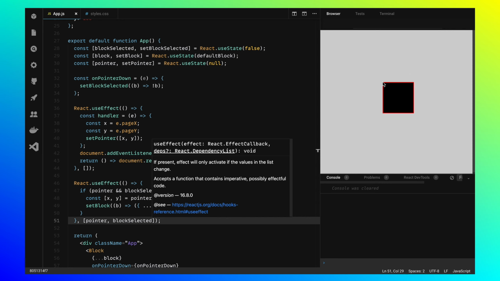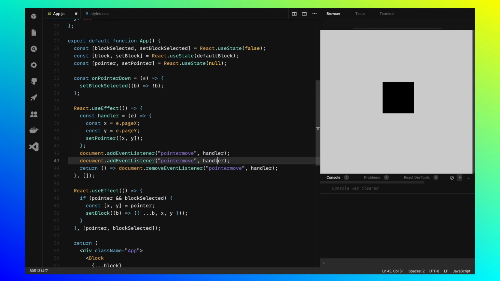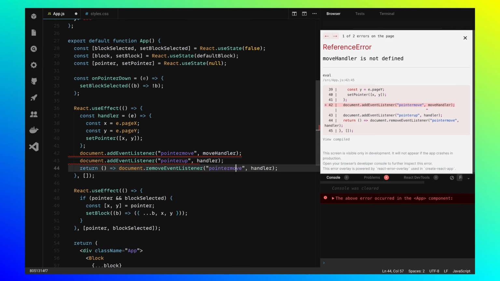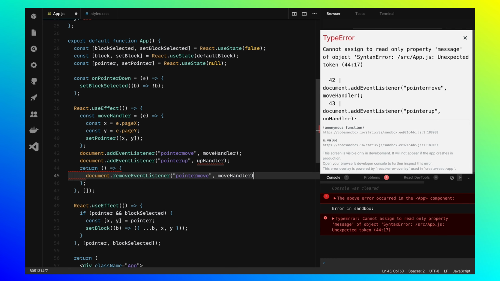One problem though is that when you release the mouse, the block is still moving. So you can grab it, move it, but it will kind of stick to the pointer. So what we also want to do is add a listener for the pointer up event, right? We have one for pointer move. Now let's add another one for pointer up. That's where we will handle the block releasing part.